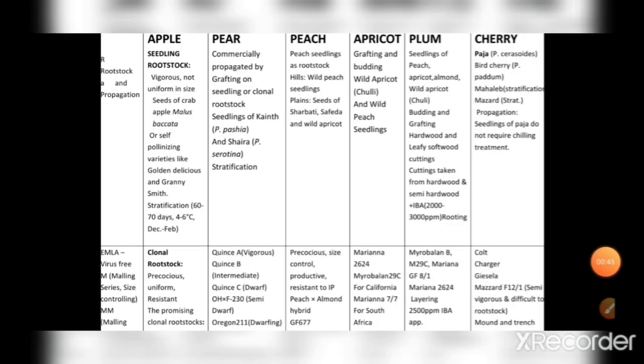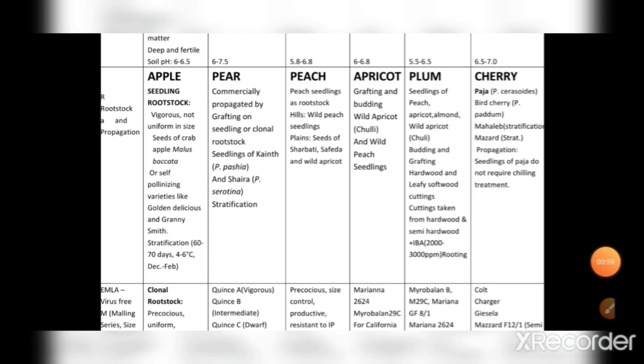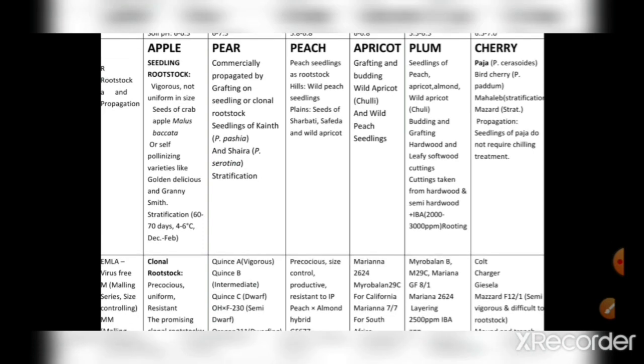Now further, seedling rootstocks are usually produced from seeds, and in that variations occur, and in case of clonal rootstocks, they are vegetatively propagated either by layering, cutting, budding. And what is propagation? That is simply multiplication, which can be done either by grafting, or you can also use cutting, layering, budding. So let's start with rootstock and propagation of these temperate crops.